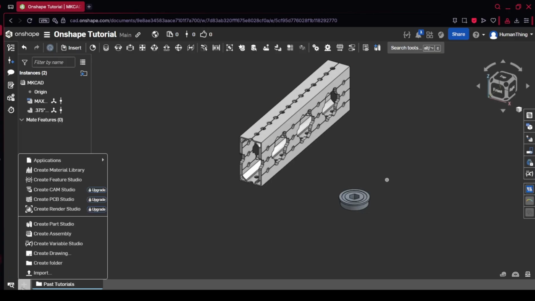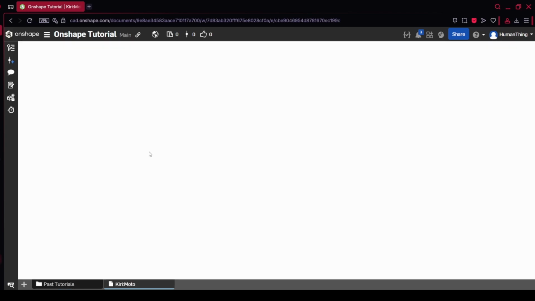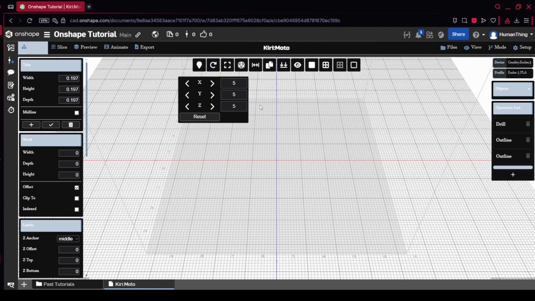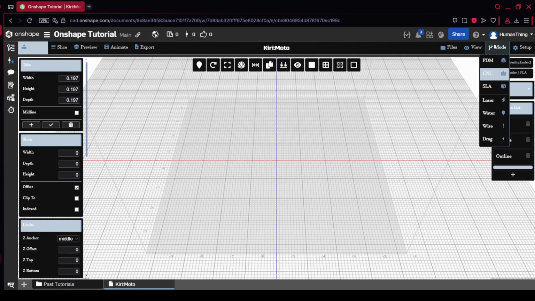But once installed, you come down here, and this little applications thing, this one right here, Kiri Moto. So this one is used for connecting with CNC. So what you have to do is first you have to go up to your mode. We use CNC. You can connect it with other types of manufacturing processes like FDM or SLA, but we use